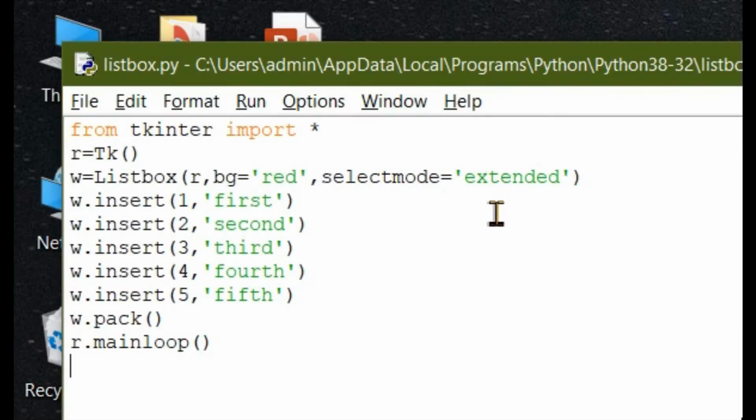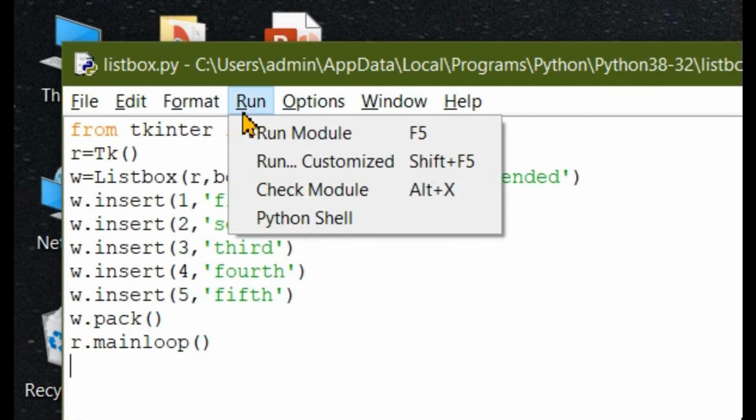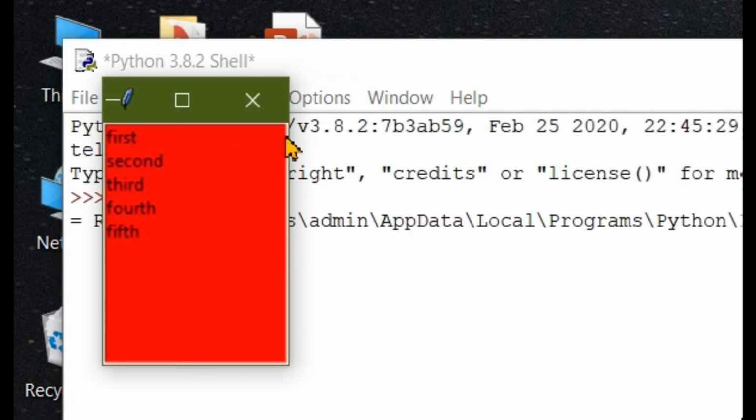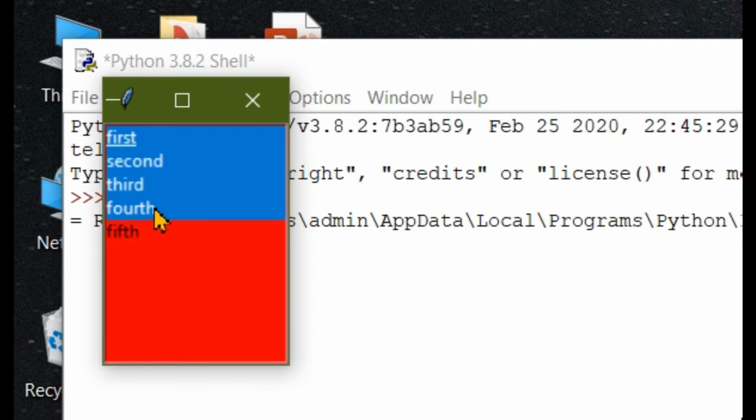Here I have changed the select mode to extended, and now we will run the program, and here you can see the output. By pressing only one time, it will select only one line, and if you go here and press again, it will select only the fourth, not the first. Here extended is used to extend the group by dragging from a little bit only. If you want the top or bottom, from this point only it will group. If you drag up and down, it will select only one side, which is the top and then the bottom.